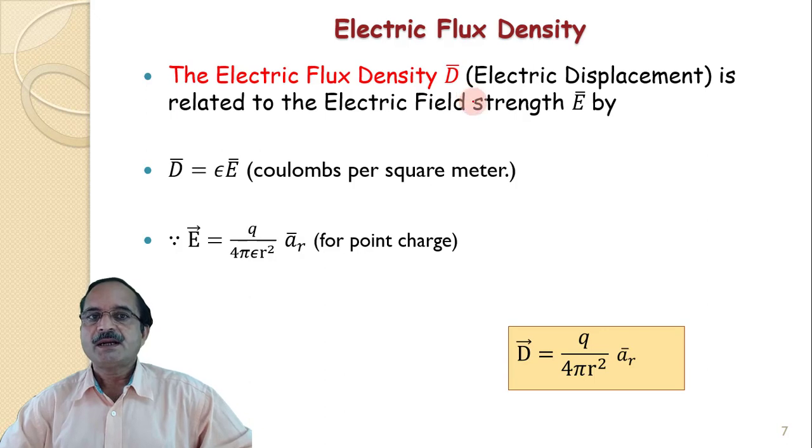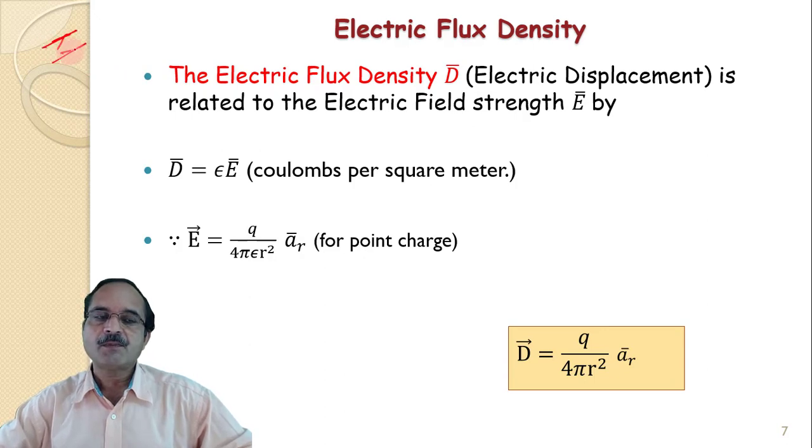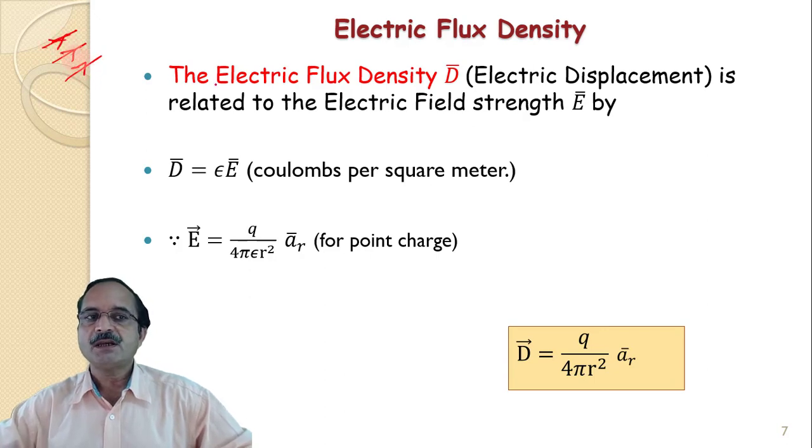Based on this, let us define what is electric flux density. So for a given electric field, the number of lines of force indicates the strong field or the weak field. This we measure in terms of electric flux density, and it's measured in terms of coulomb per meter squared. Higher the electric field strength E, higher is the electric flux density.